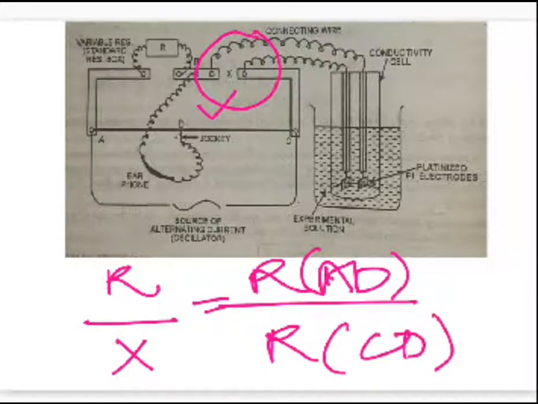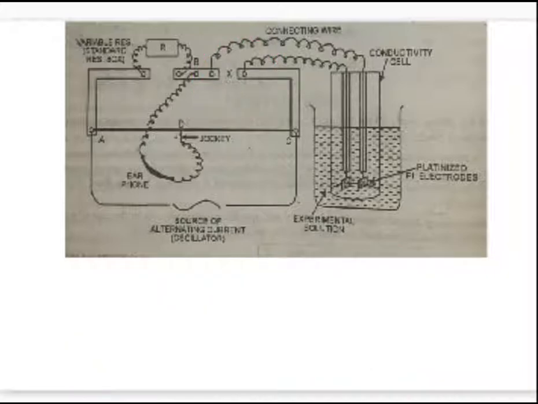Okay, you have to simply introduce all the parameters within this and you will be in a position to find out the value for the resistance of the unknown parameter. Okay, and if you know the value of unknown resistance X, then you can definitely find out the value for conductance. How can you calculate the value for conductance? Conductance is equal to 1 upon X. Is it okay? So that is about a pure measurement of electrolytic conductance.